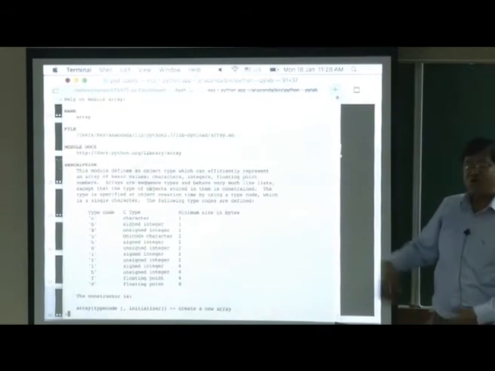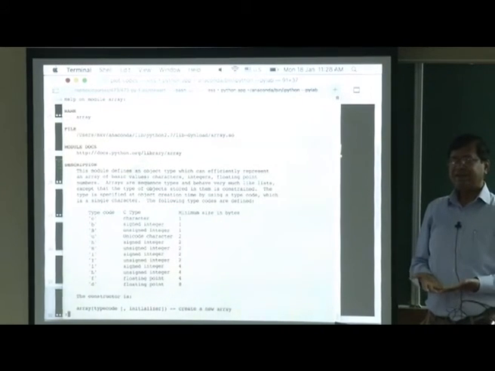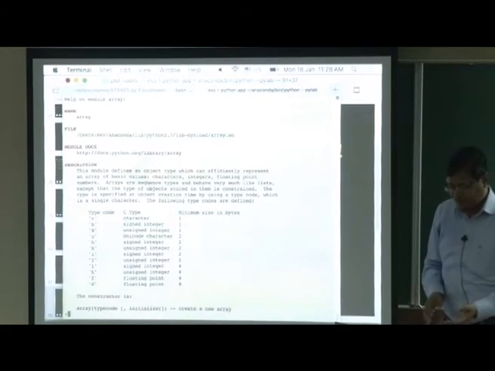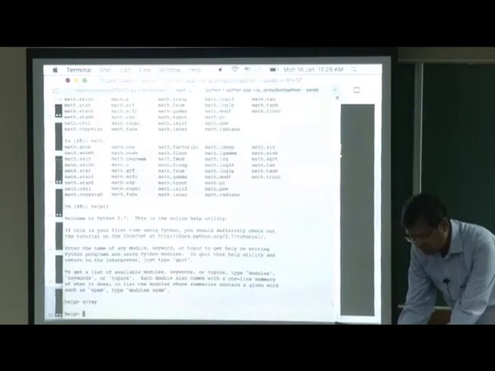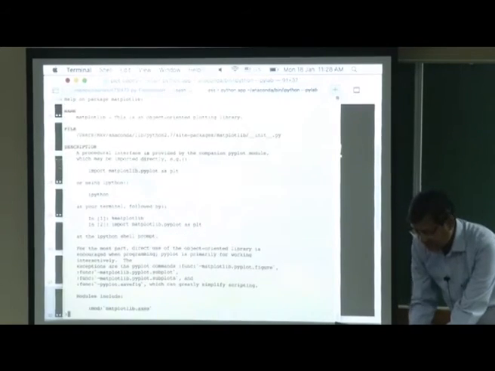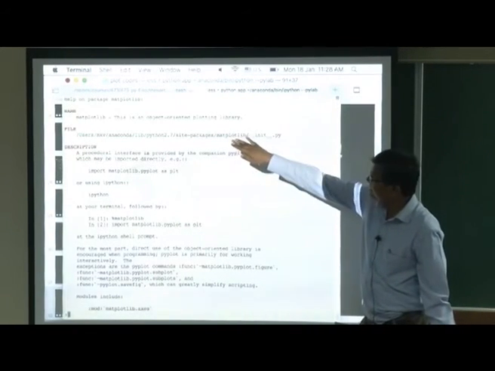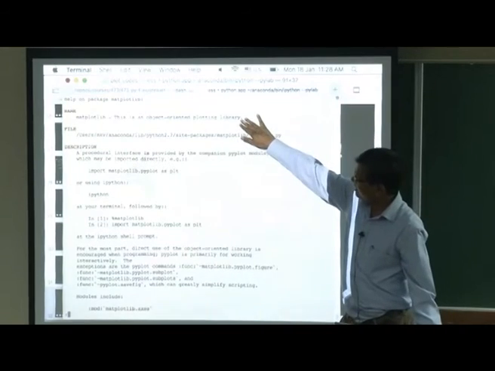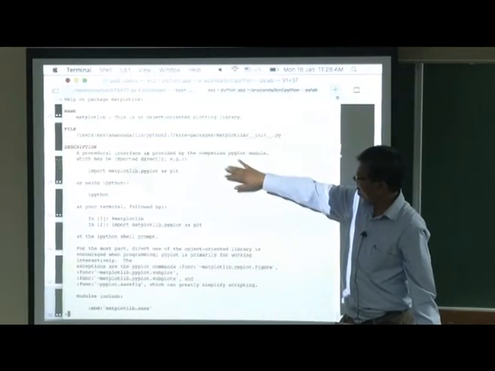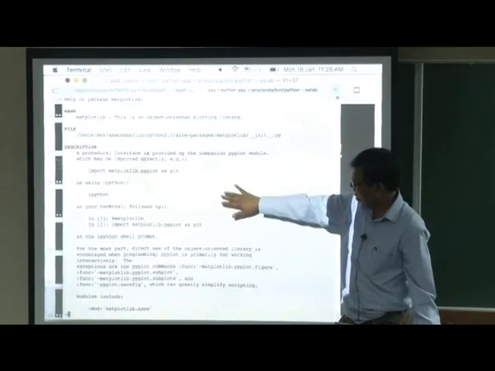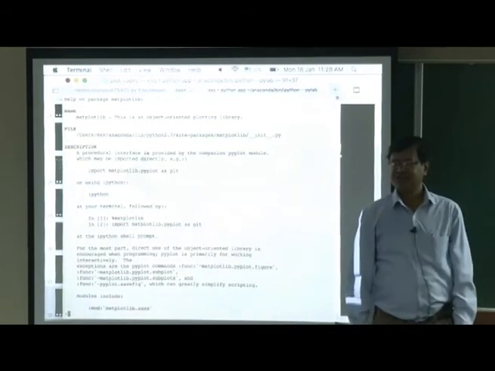So, it is more on modules and libraries. If you want to know about matplotlib, it tells you that it is a package, matplotlib is the name of the package, what the file is, and a description. So, it is very detailed online help.